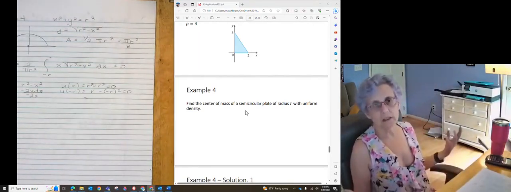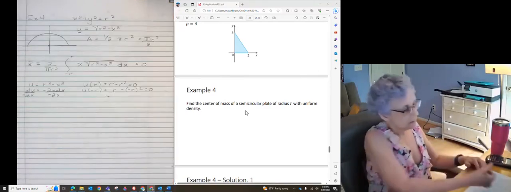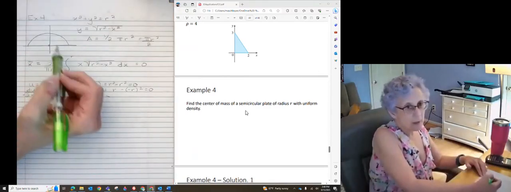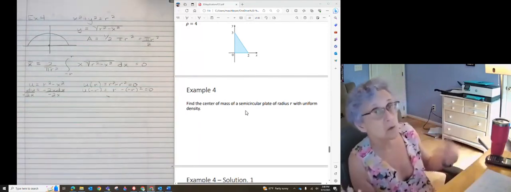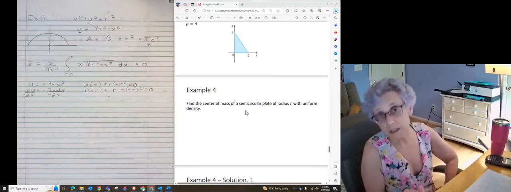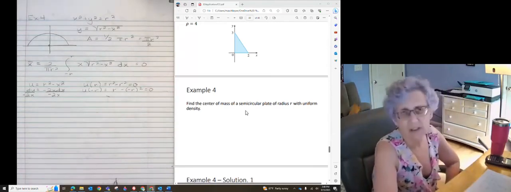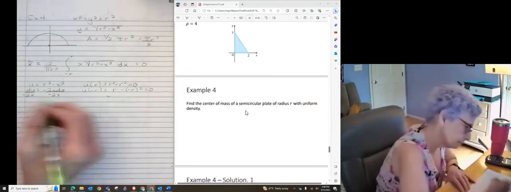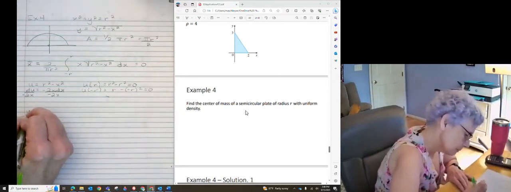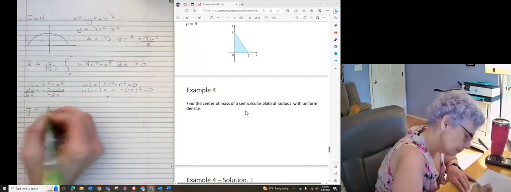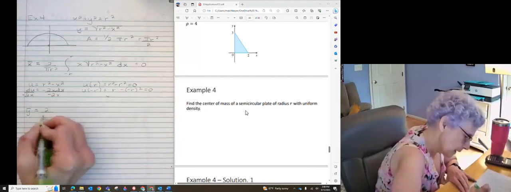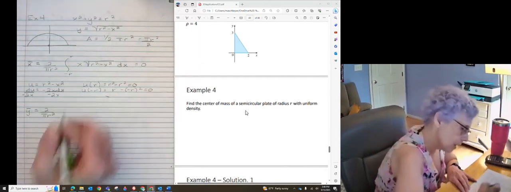Oh, that makes sense because we already talked about symmetry. This thing is symmetric about the y-axis, so its x-coordinate is absolutely, positively going to be 0. We didn't even have to work that hard for it. X bar is 0. Y bar is 1 over A, so I'm going to go ahead and write 2 over